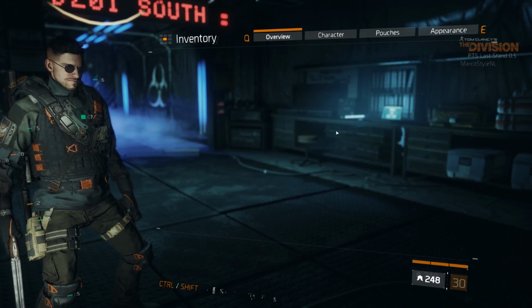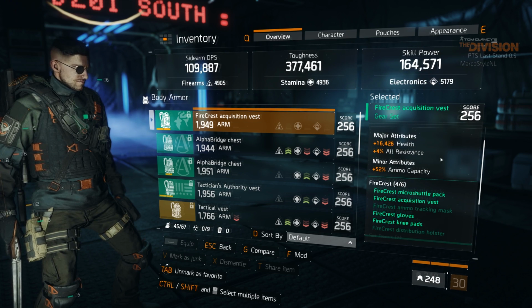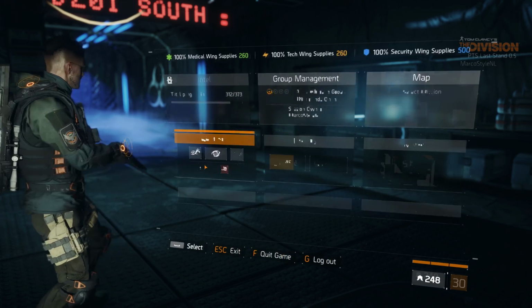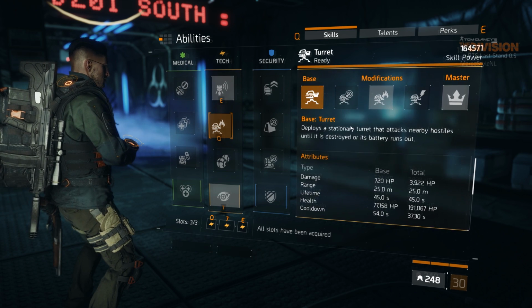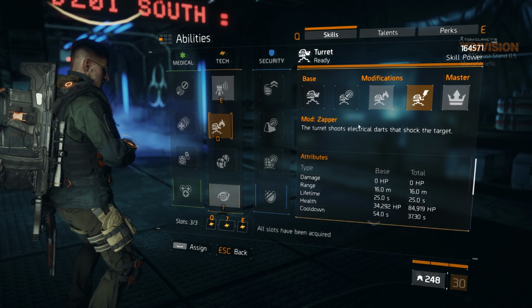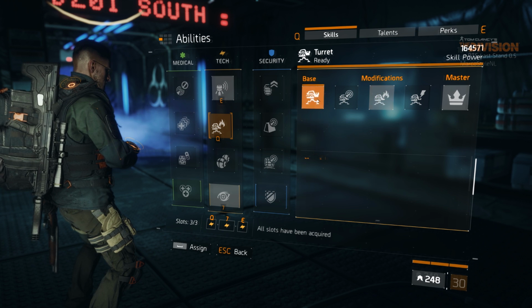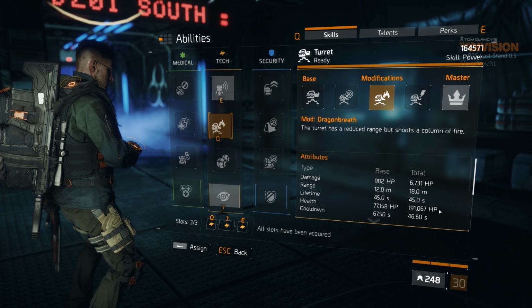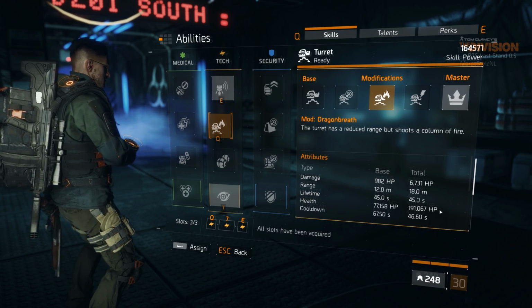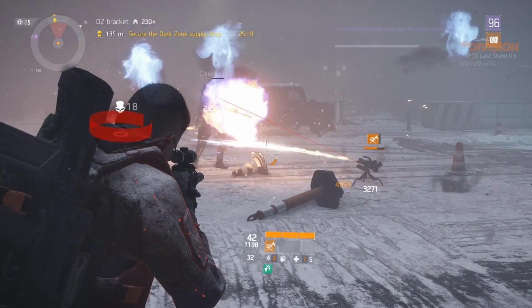Now for patch 1.6, the FireCrest gear set is staying the exact same, it will not be getting any changes. But there are some other changes, more notably the ones around the turret, that have a direct effect on how good FireCrest actually is. First and foremost, the health of all the turrets, except for the shock turret, has been reduced by 25%, and on top of that, the health of those turrets also scales less with a higher